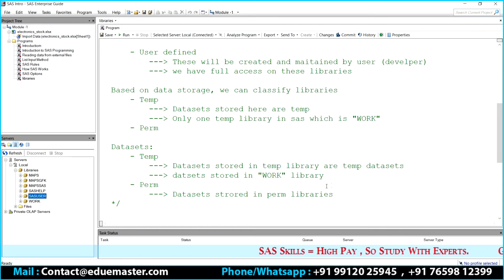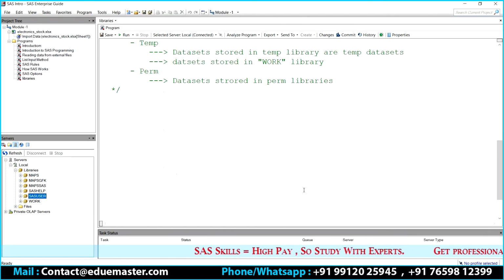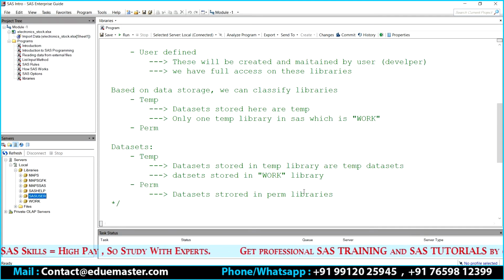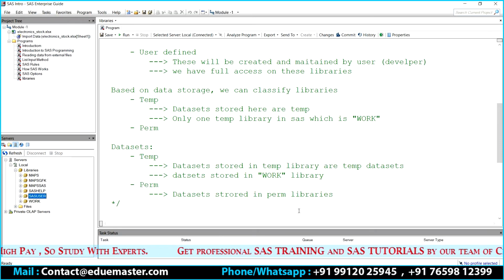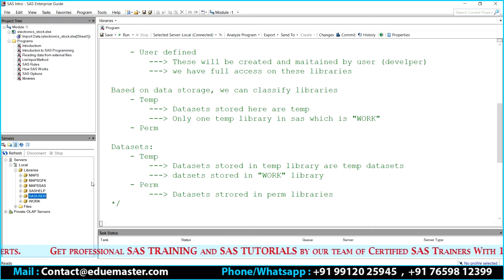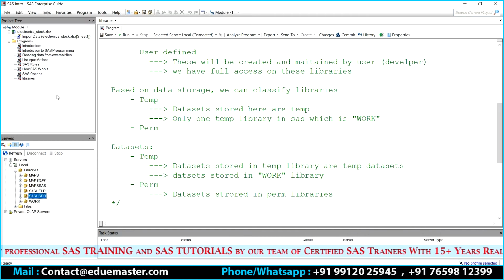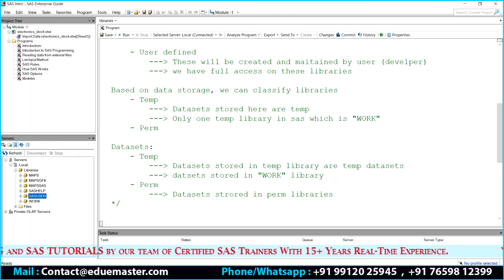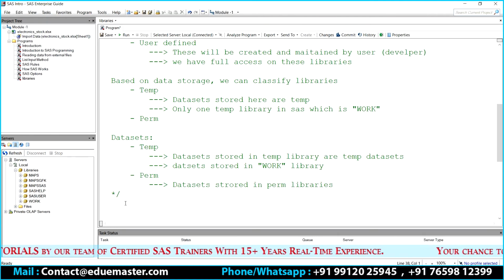No, I thought it is because it's a default, a system library generated by SAS, so nobody can store any other data set. Partly it is true, but partly it is false as well. Okay, let me show you something.